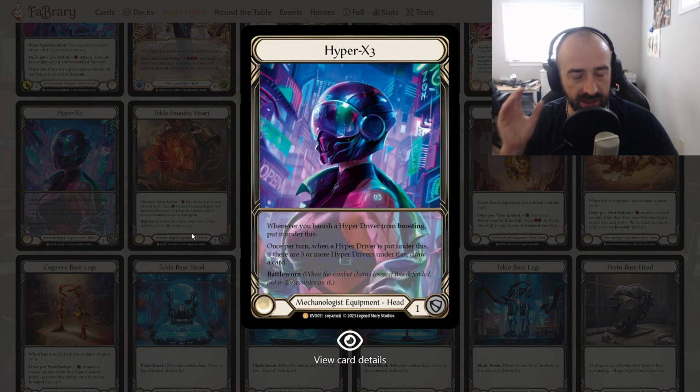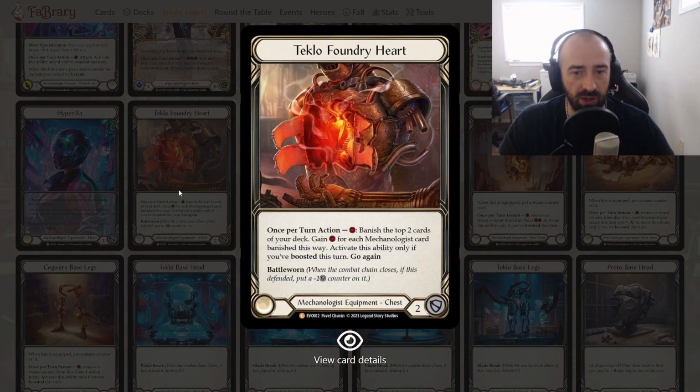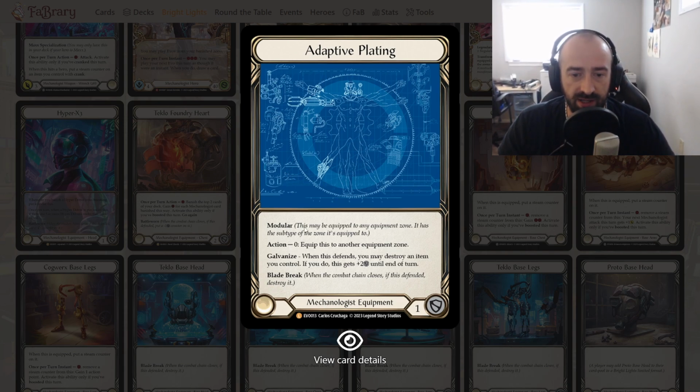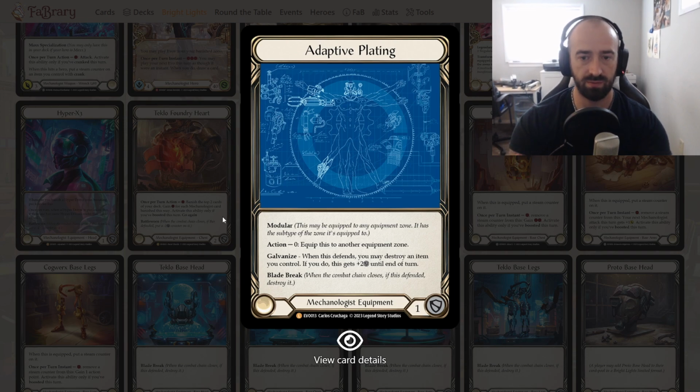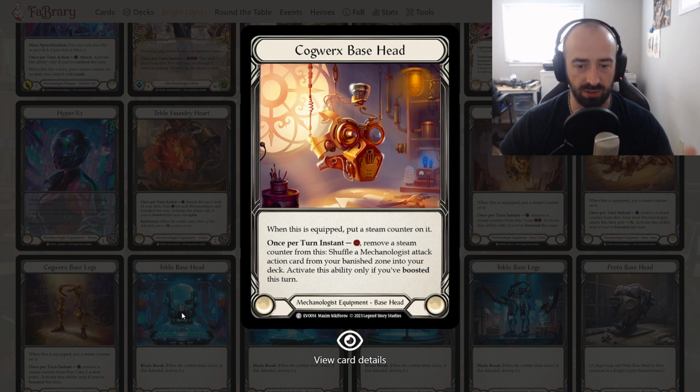We have a new Mechanologist legendary head equipment. This is concerned with hyperdrivers, so it's kind of like Mask of Momentum, but with hyperdrivers. You draw a card, and it has Battle Worn instead of Blade Break. We got a reprint of the Teklo Foundry Heart, which is pretty essential for boost Mechanologist builds. We have a new Mechanologist equipment that's adaptive, so it can be equipped in any zone: head, chest, arms, or legs. It has 1 defense with Blade Break, and then you can destroy an item to give it +2. So it's an interesting 3-block with an item in play that you can have in any one of your equipment slots at any time. And now you have base equipment,